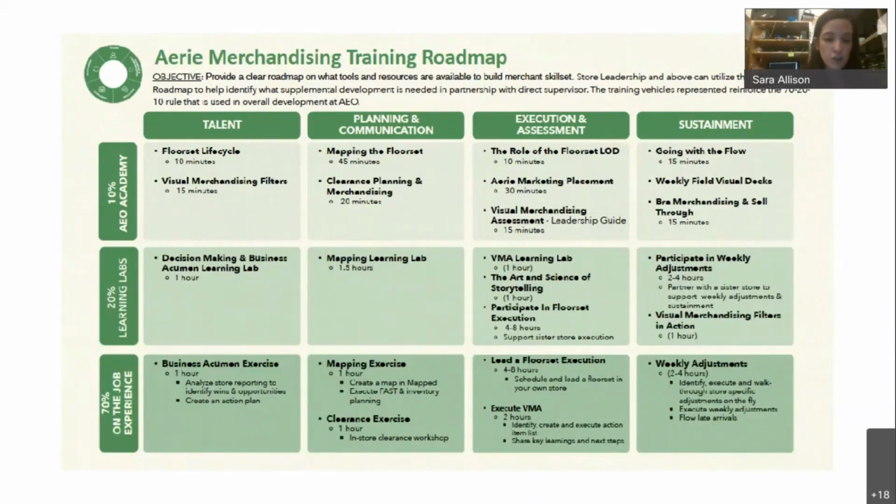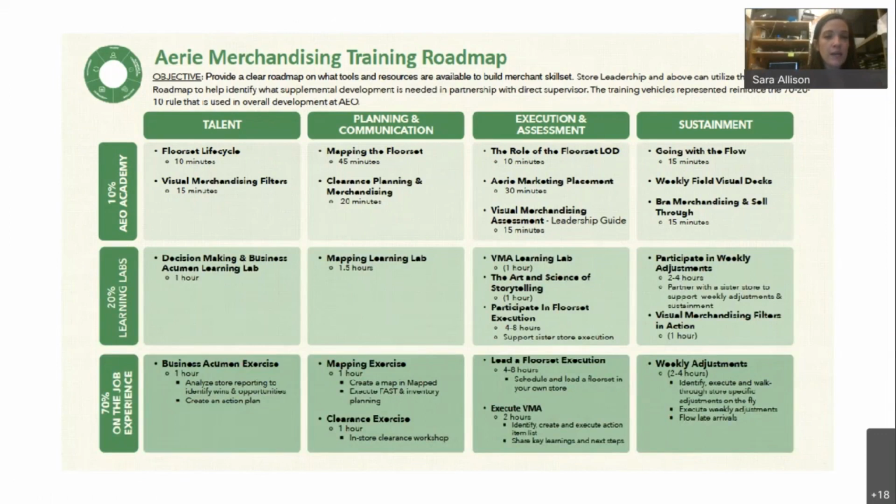Okay, so since this is the first training, I'm wrapping us up. I promise we'll be done in 1 minute. So this is the merchandising training roadmap. I just want to direct you guys to this as you're in the midst of your onboarding and training. Just know that this does exist. It's in the Zipline library. I think it's under worksheets